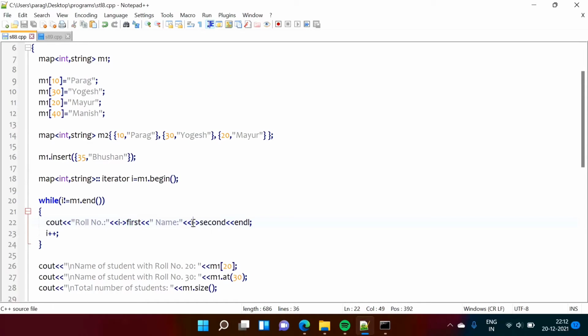Then again, I is an iterator object, then we have mentioned arrow, and then second. Second returns the value. So first returns key, second returns value. In this way we are accessing it. And plus plus, this operator is also overloaded, and it will get incremented so that we will get the next record in the map, or the next pair in the map.